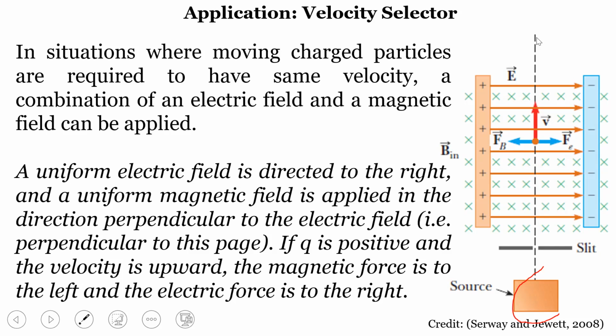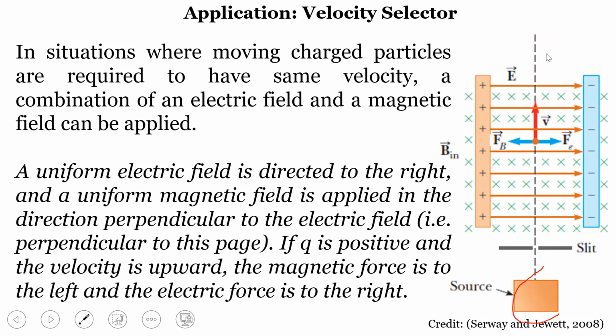The magnetic force exerted on the charged particle depends on the velocity and charge of that particle, whereas the electric force depends just on the charge of the particle. So the way it operates is that the magnetic and electric fields are fine-tuned such that only particles with a certain velocity v will go through